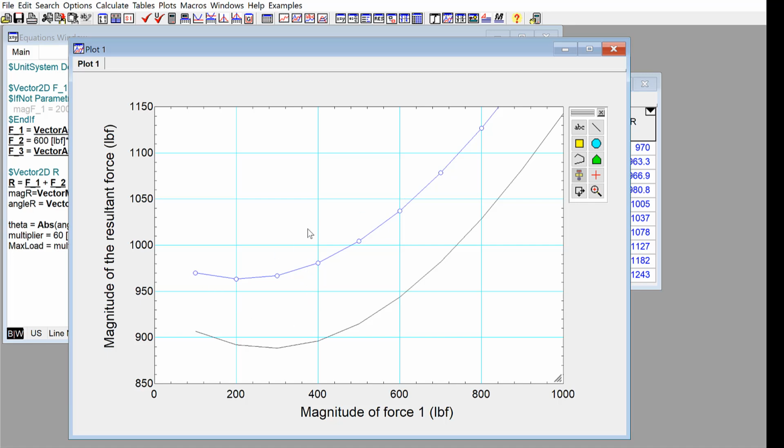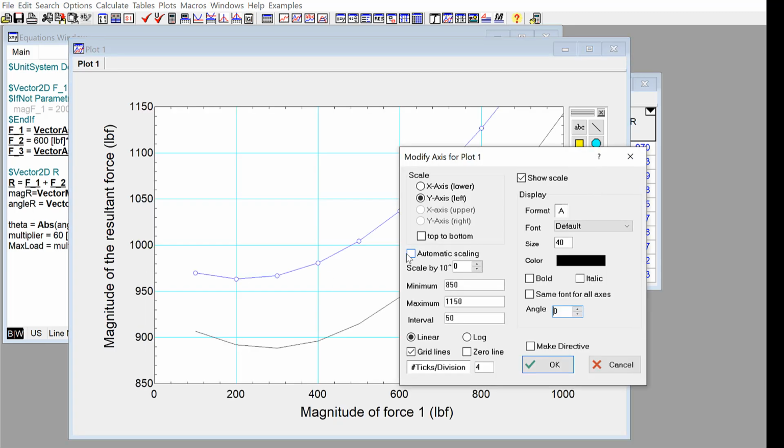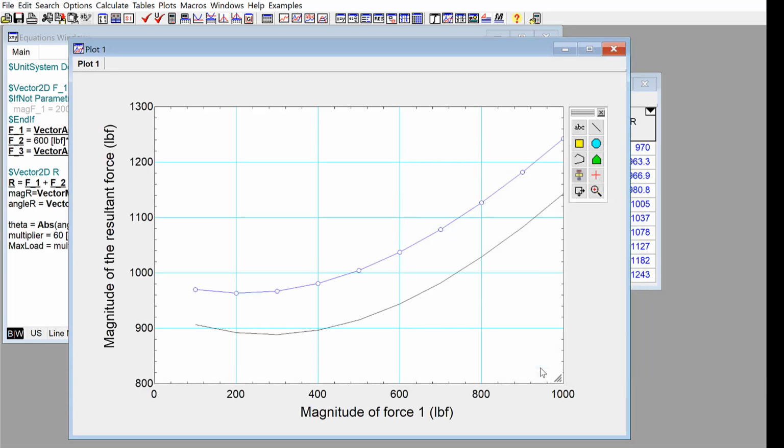The bottom one is for 500 pounds force for F2, and the top one is for 600 pounds force for F2. So one thing maybe I want to do is extend the scale. If I hit automatic scaling, it will automatically adjust the scale to encompass all the data, so that's pretty convenient. And the other thing I want to do whenever I have multiple data series on the same plot is label them, right? So I do that with this add text